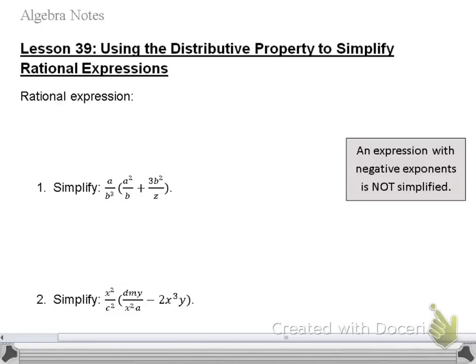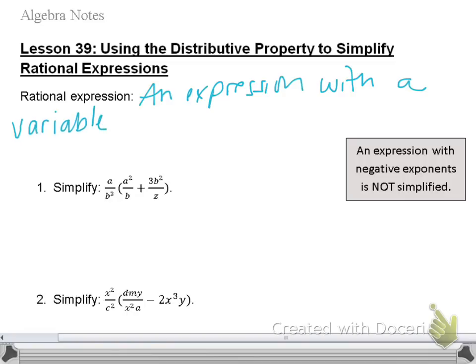Welcome to Lesson 39, Using the Distributive Property to Simplify Rational Expressions. We're going to start today with a review of what a rational expression is. So please write in the definition, which is an expression that has a variable in the denominator, and we're going to use the distributive property today to just simplify expressions and make them a little bit easier